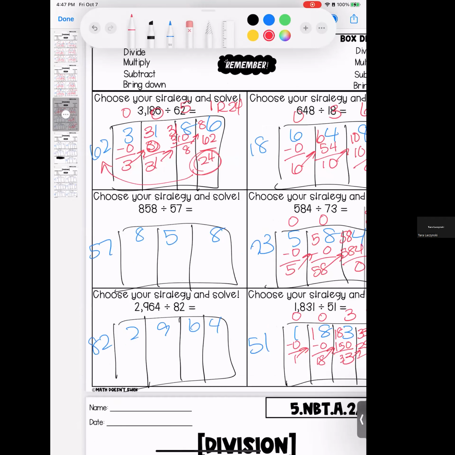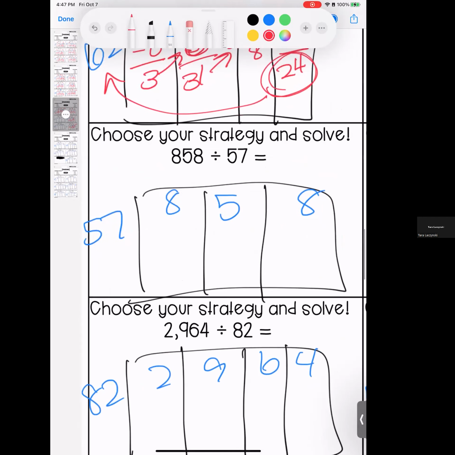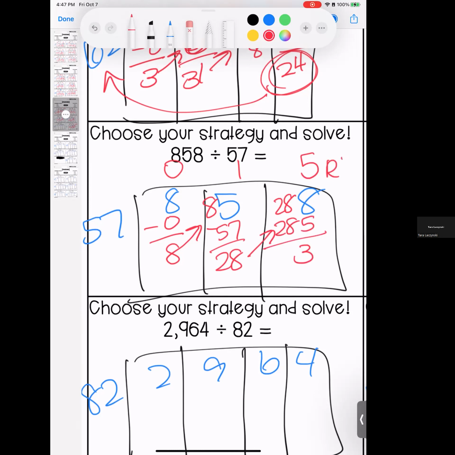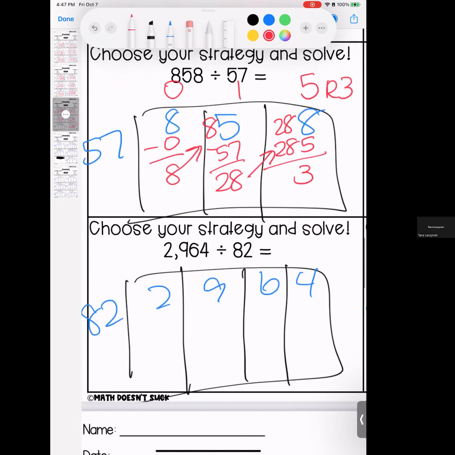We have 2 more on this side. We are almost done. So 57 does not go into 8. It does go into 85 one time. When I subtract 57 from 85, I'm left with 28. I bring it next door. I know it feels big, but I promise it does work. It is going to go in 5 times, which gives us 285, 15 with a remainder of 3. Last one for this page,